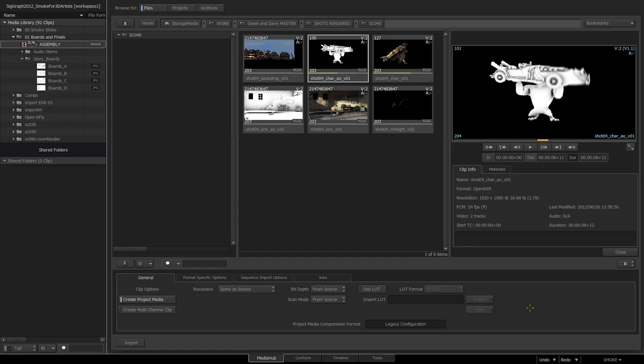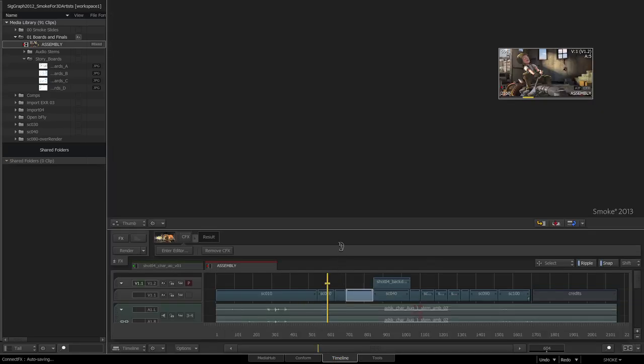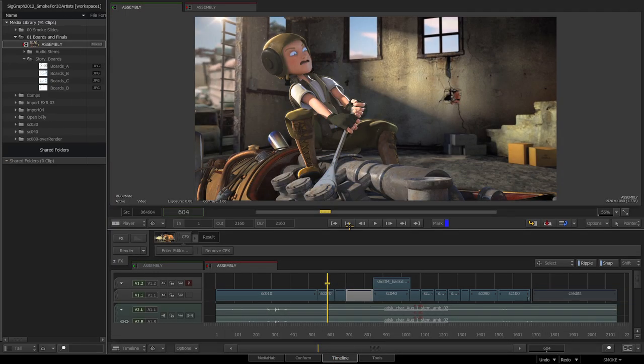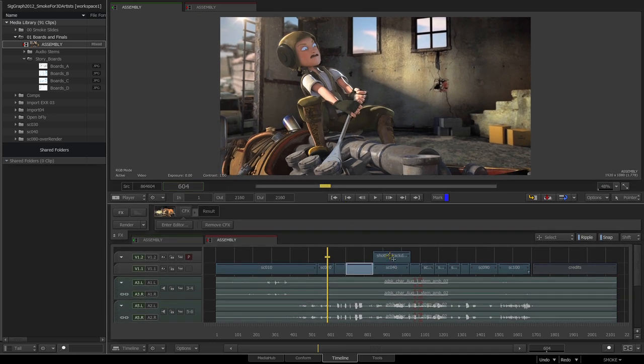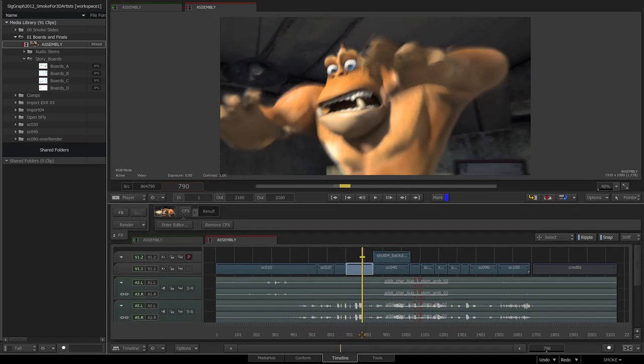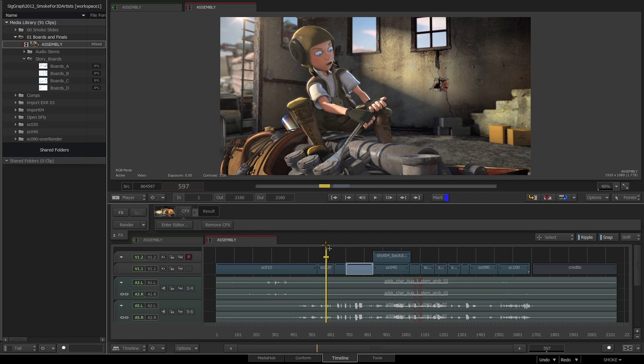Frame-based render means that in the timeline, if I have several different clips such as this, and you can see here I have 2 layers, it's going to render all the layers, whether you're talking about layer-based timeline compositing or, as we see in a moment, node-based. It's going to render all of frame 597, right now I'm on frame 597, before it moves to the very next frame of 598,